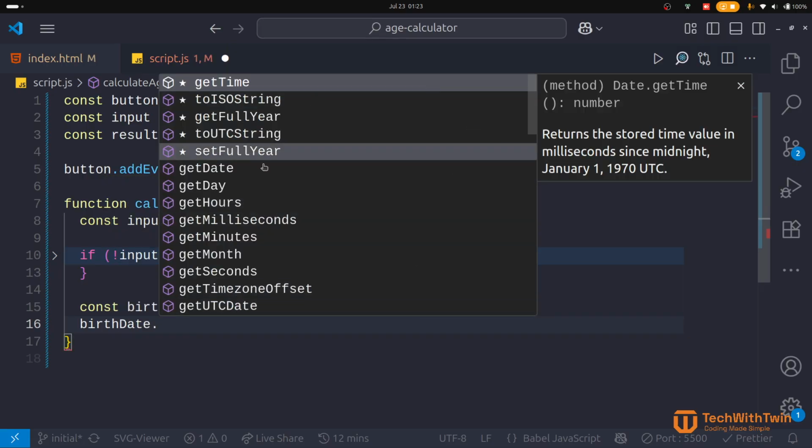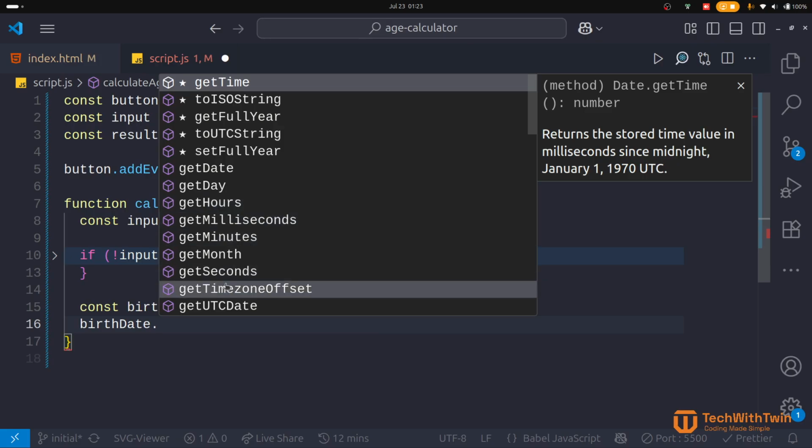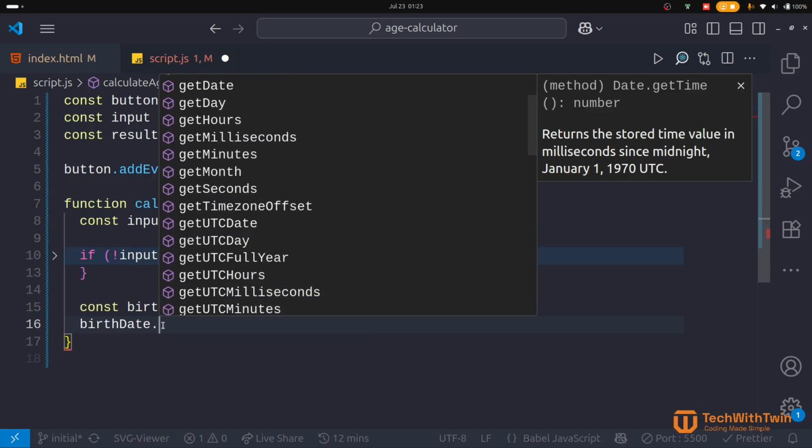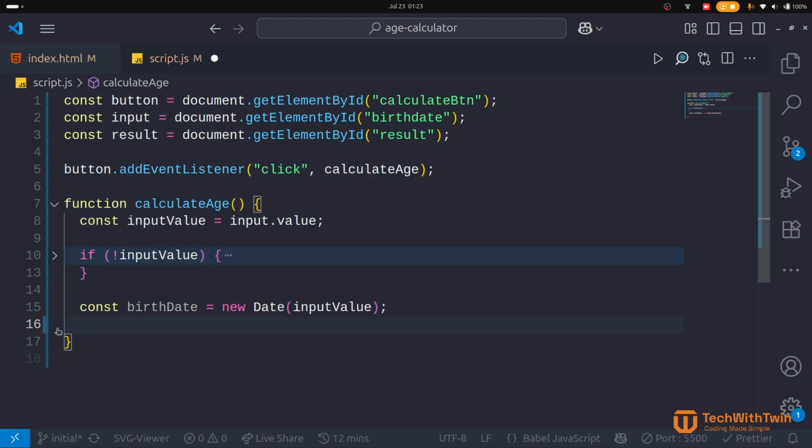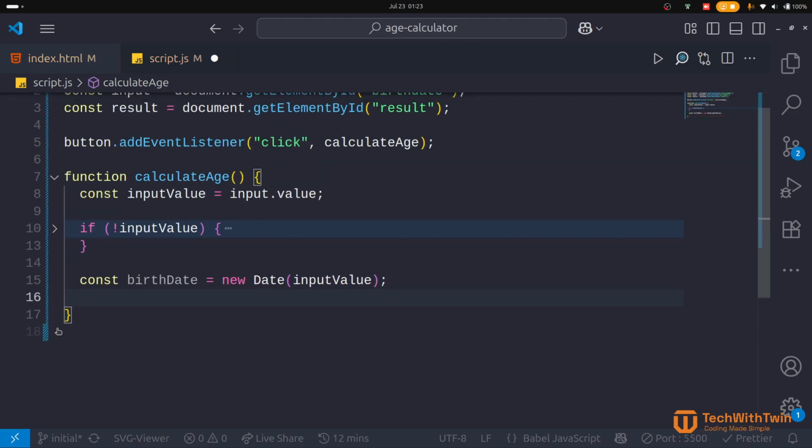You can see all these methods. You can get the date, the hours, the milliseconds, all that. So we've transformed the date string from the input into a date object that we can work with. So the next thing we need to calculate is the age. So we can say let age is equal to